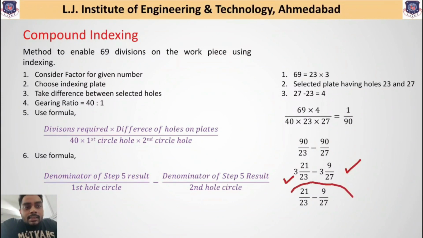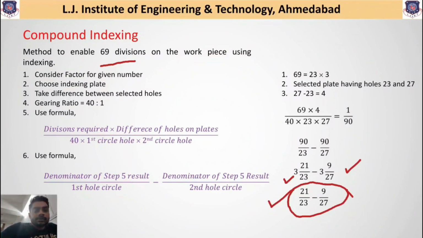this final result is much more important to us, because the interpretation of this value gives us the complete 69 divisions that are required on the workpiece. So first of all, let us interpret this particular result and the actual meaning of these values. Over here, first 21 divided by 23,